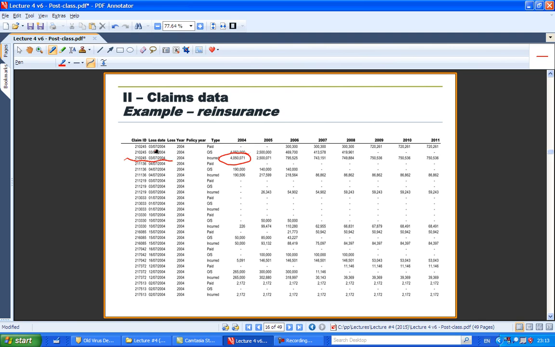You see, for each claim there are 3 rows, and the amount. They have the same claim ID, because they have the same claim, the same loss date, the same loss year, but for each row there's a different field. This is the amount paid, outstanding and incurred. So that tells you, for example, that in 2004